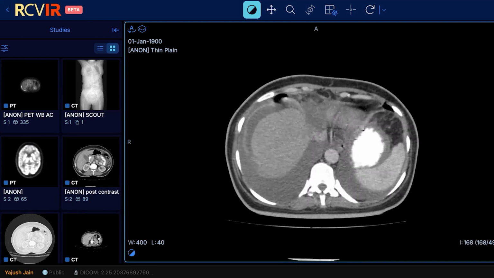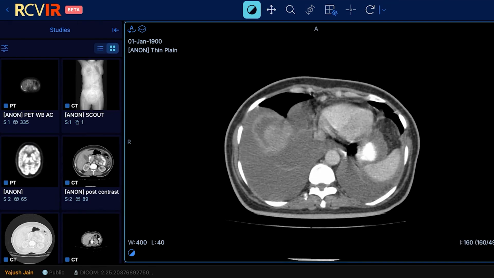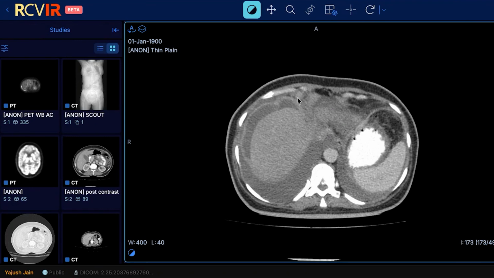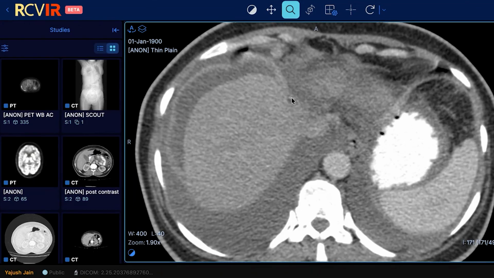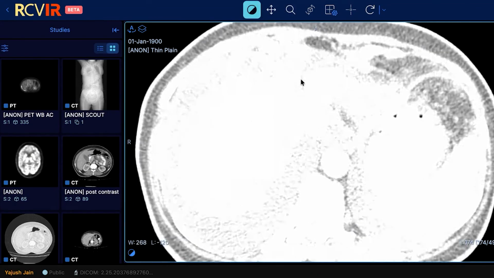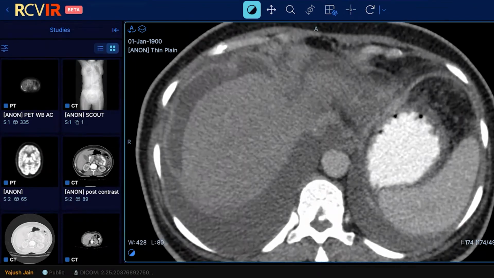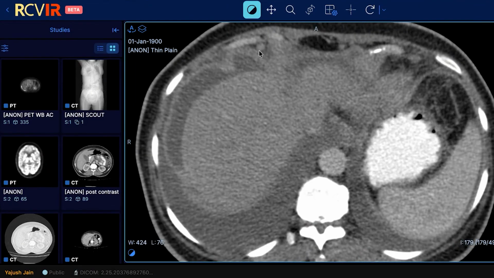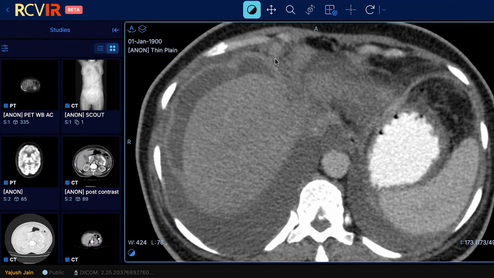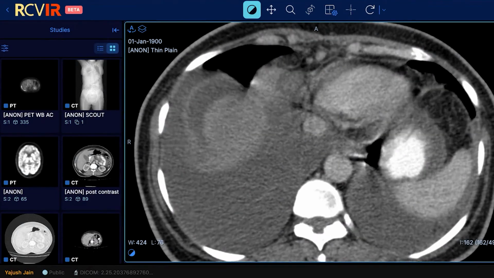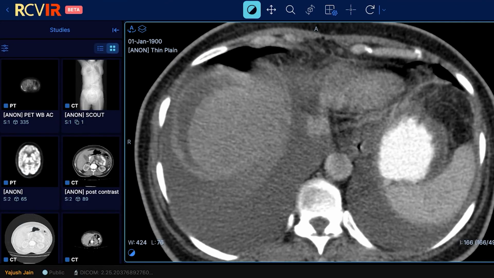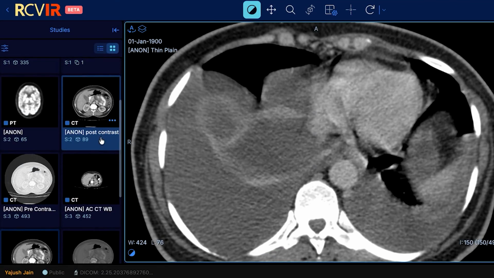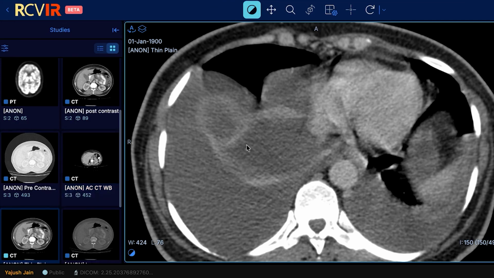So if you scroll a little bit higher cranially, you will see that we can see some suspicious nodes here. Let's zoom it. Let's change the window a little bit, and I think now we can appreciate them a little bit more. That there is a lymph node here and a lymph node here, and similar lymphadenopathy can be seen in the pericardic region. Yeah, this was missed on CECT abdomen, and the patient had to undergo a PET-CT,